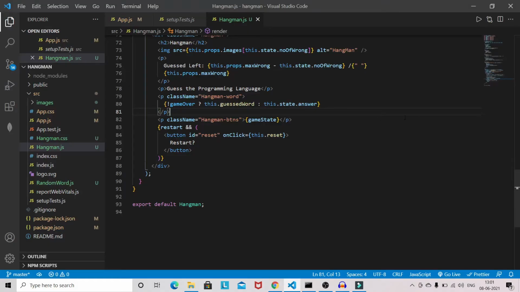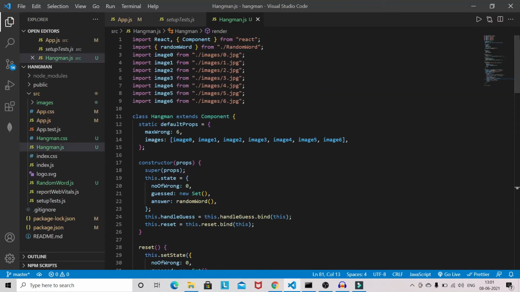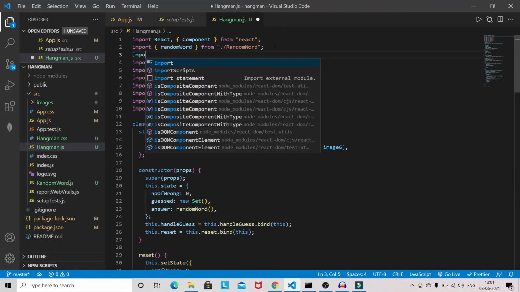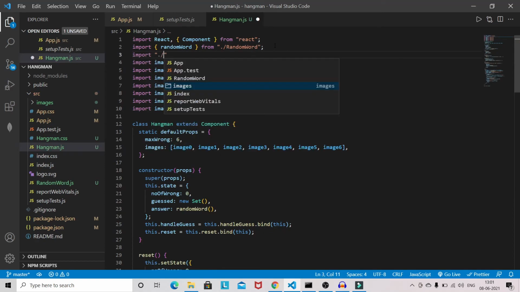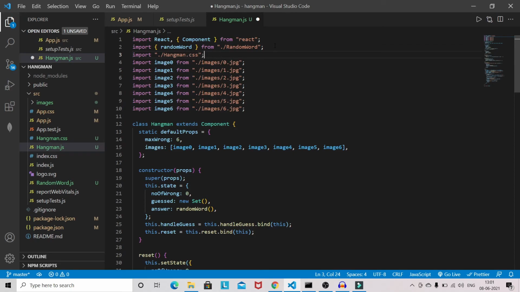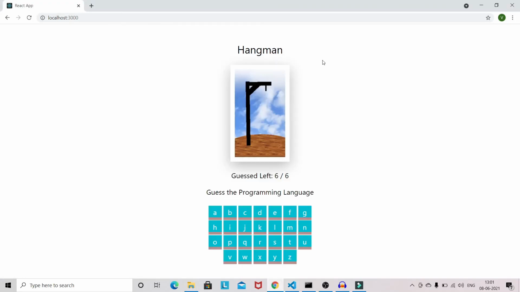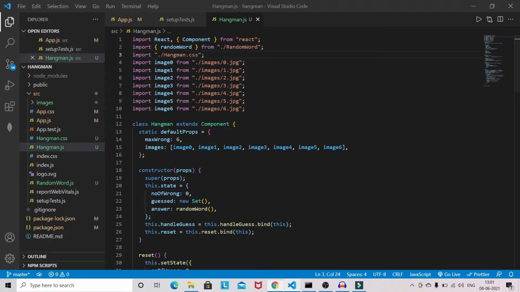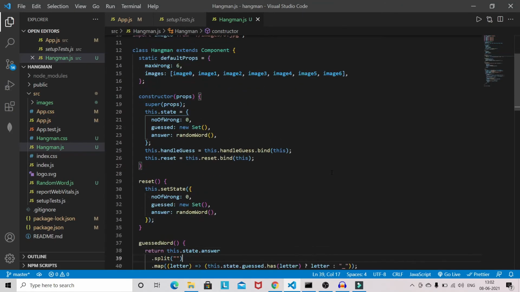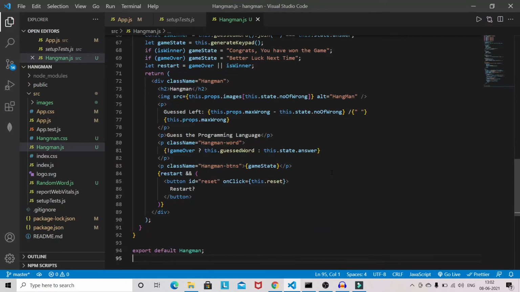So this style is not applying. I think in the style I haven't imported the file. So let's import the file hangman.css. Now all the styling is applying, but this is not coming. There is some issue with this approach, so we have to write it this way actually. Let's see now.